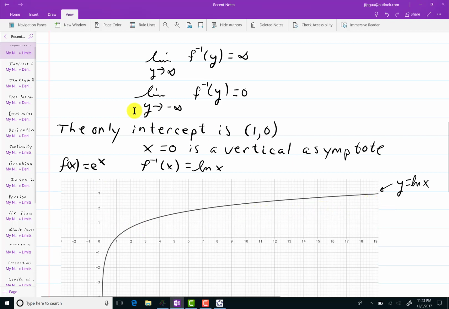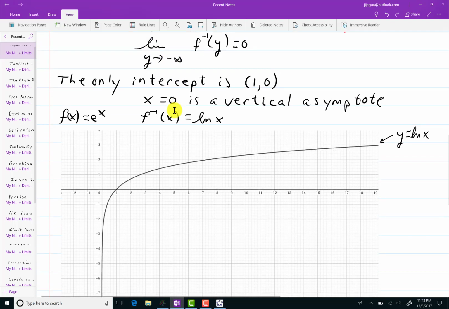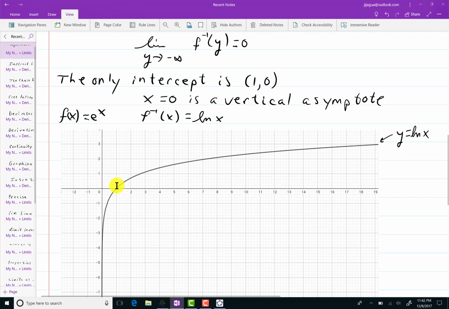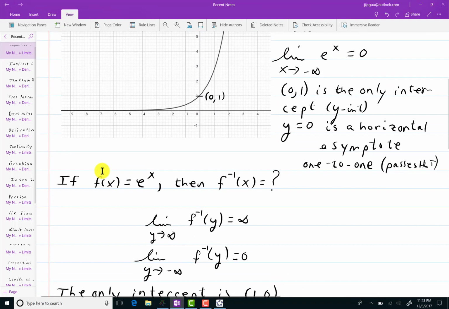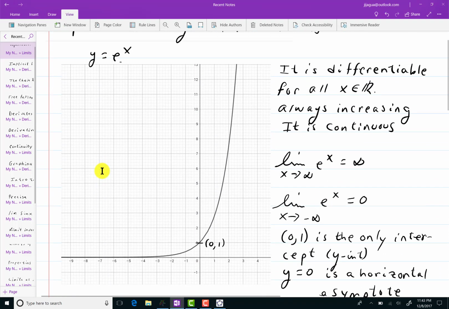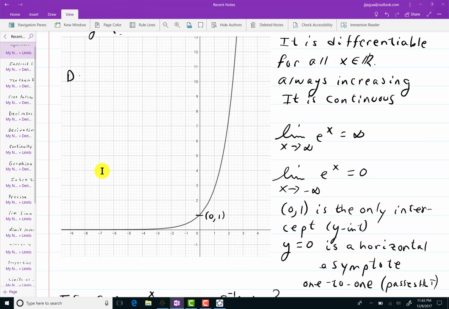Similarly, if y is going to negative infinity, this function has x values that are going to 0. You can see that the line x equals 0 acts as a vertical asymptote, just as was mentioned before. In fact, the domain of the original function is negative infinity to infinity,